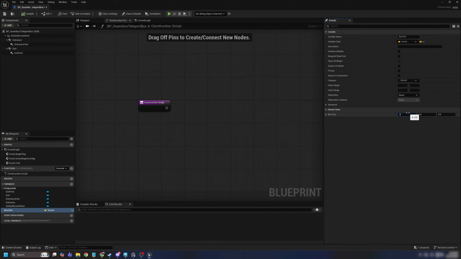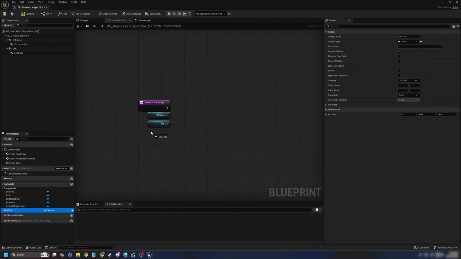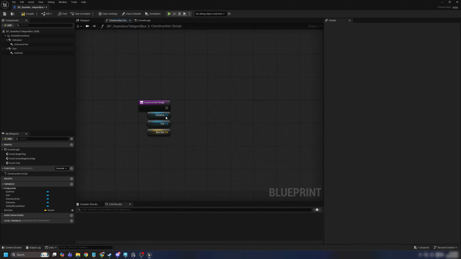Compile, and I'm going to give that a default value of 30 in all of the fields. And then I'm also going to make it instance editable and exposed on spawn. So if I drag out my entrance and my exit and our box size variable, and then our entrance, I can type in set box extent. I can actually hook up exit into that same target node, and then use our box size as our extent